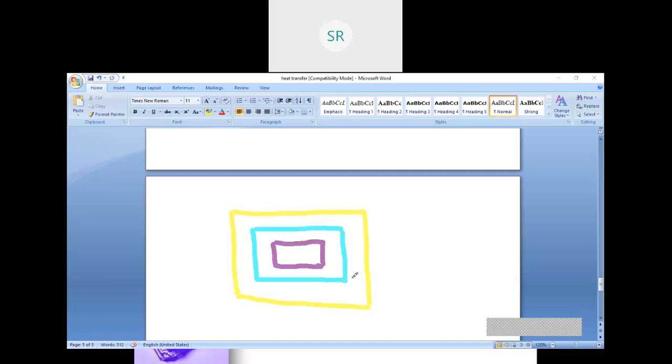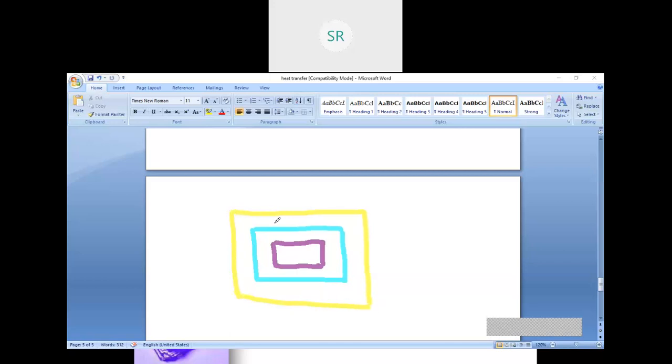That means I want to retain only this layer and this layer, and I want to remove all the other part. This part and this part I want to remove. Now this is the design of the PCB.